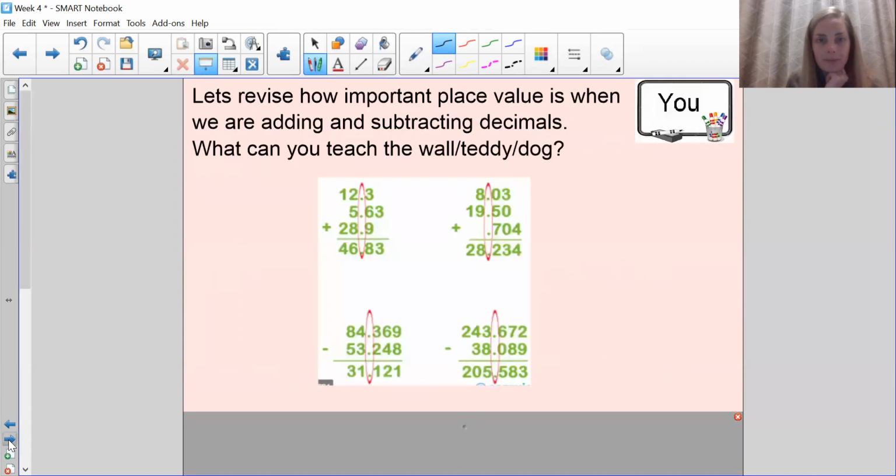Okay, let's move on. Can you remember how important it is with our place value knowledge when we add and subtract? So can you think of some of the silly mistakes that you might have seen, or you did even in the previous exercises that we did in the first week? See if you can have a go at having a little quick think about it, even write it down about all the silly mistakes we make. Right, so the most silly mistakes that we see is that we don't put our decimals lining up. And I put a little clue there for you, and hopefully that jogged your memory a bit, that decimals need to line up. You can see here that all these decimals have been lined up,